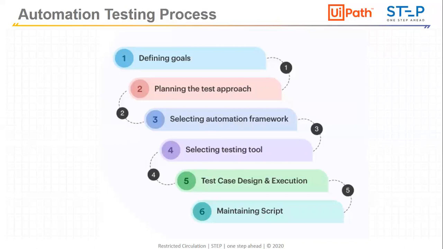So one test case design doesn't mean the execution will be one time. We need to take into consideration while doing the automation of that particular test case how many times we are going to execute it, how many times it will give the result or exceptions, how we are going to handle those exceptions, and how we are going to raise the defect. What was the actual requirement by the client, and when the defect appears, how we are going to do the defect management for that particular test execution.